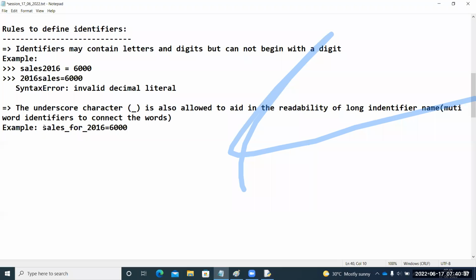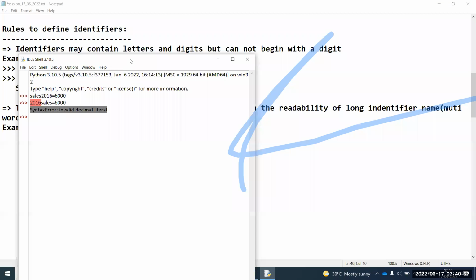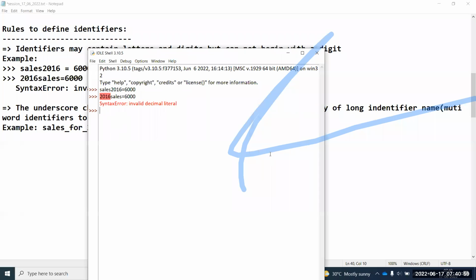But if I define a variable like sales_for_2016, it consists of three individual words, so that's why I'm using this underscore. Now it is a more meaningful name. For this purpose, we use this particular underscore. Except that underscore, you should not use anything.